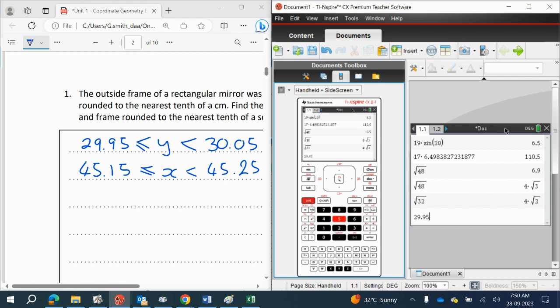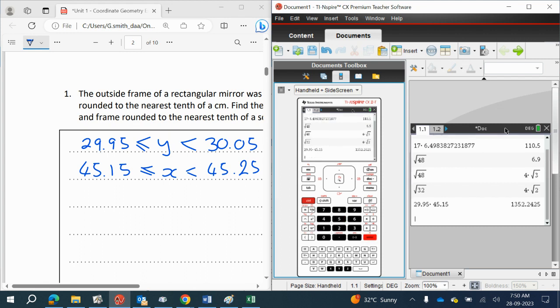Okay, so 29.95 times 45.15 is the smallest possible area. So the area is going to be 1352.2425. So the area is going to be bigger or equal to that. And we can pull up the next one,